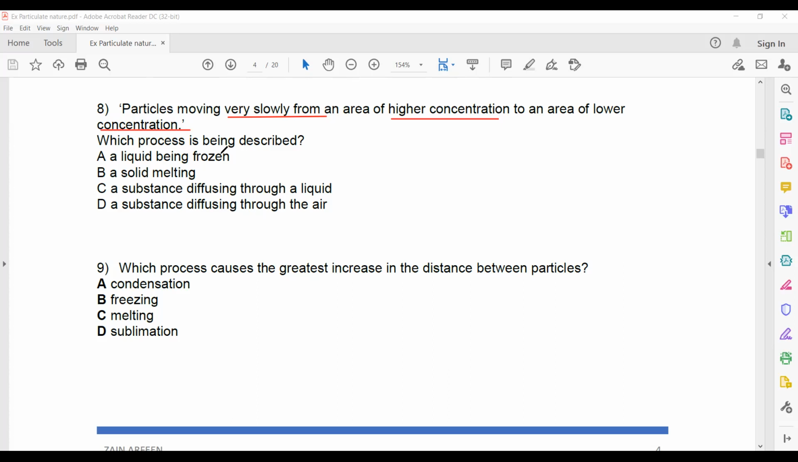In the question, the first thing they mention is a liquid moving from higher concentration to lower concentration. So it means it is diffusion. So A and B cannot be the answer because they are not showing diffusion. It should involve the word diffusion. And they mention it is moving very slowly. So diffusion in liquid is slower as compared to that in gas or air. So what could be the right answer? C is the right answer, because diffusion in liquids